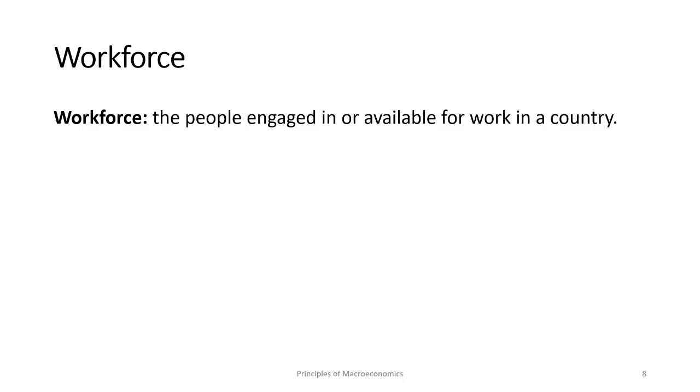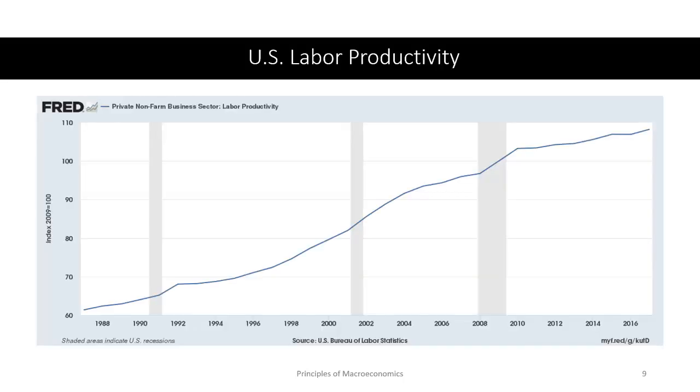So let's look at the US productivity over time. In this graph, what I'm presenting is US labor productivity. It's an index of 2009 equal to 100. That means compared to 2009 as 100, how it has gone. And we can see US labor productivity has shown an upward trend for a long time. And that's supposed to happen because to justify our higher salary or increase in salary, we should be more productive. If we are not more productive, we cannot command higher salary. So by having higher productivity, we do have a better standard of living.